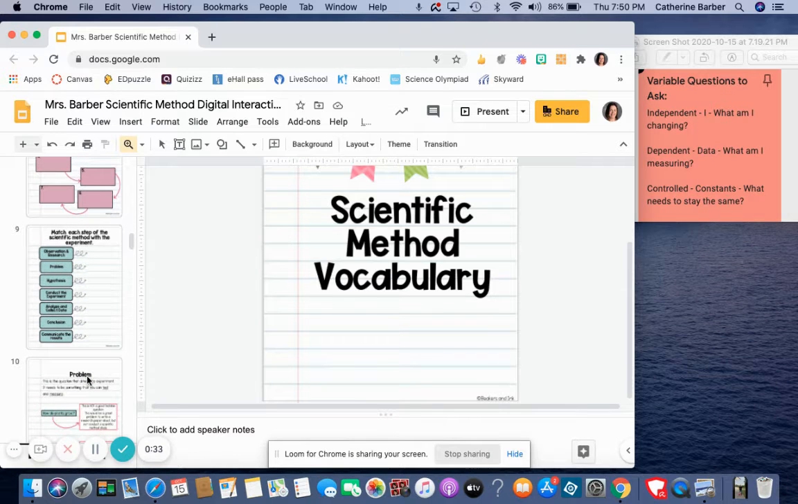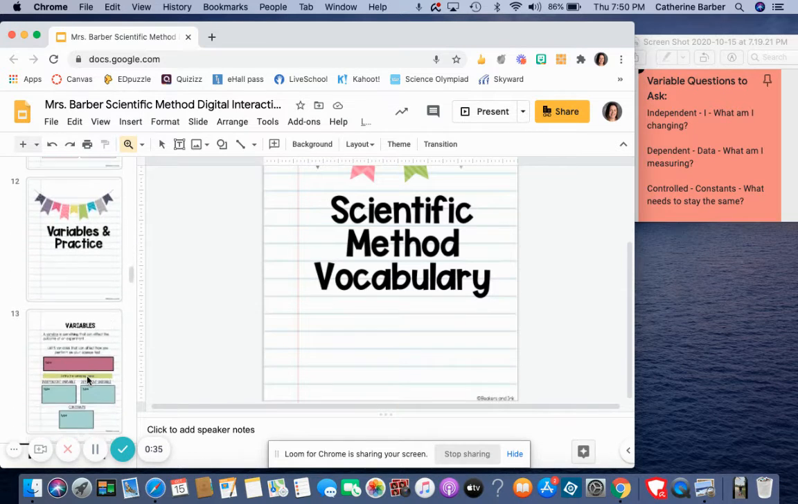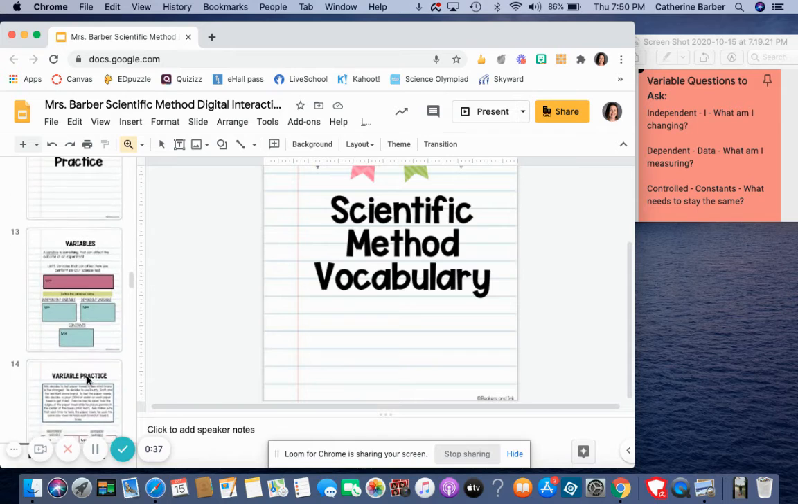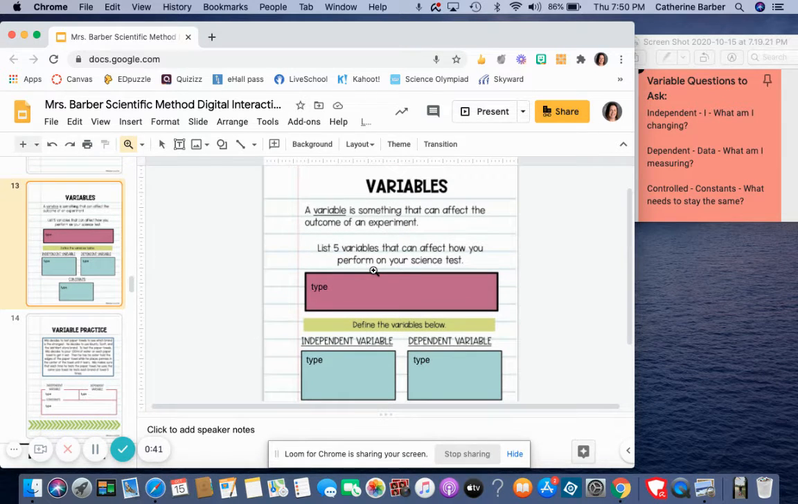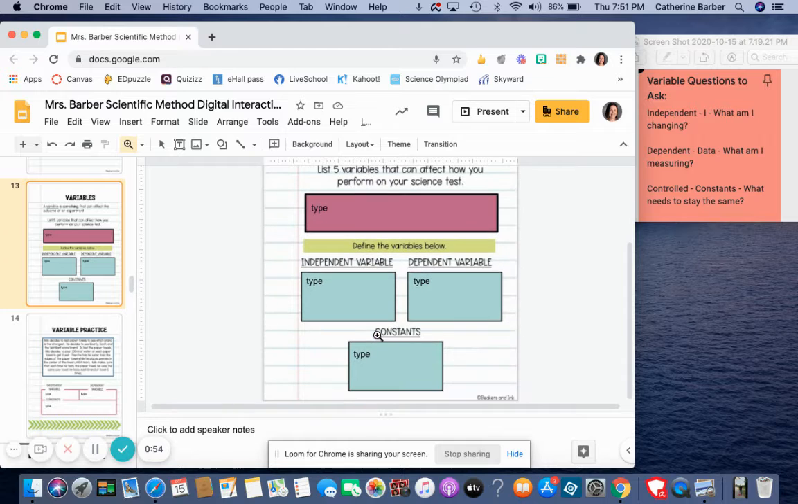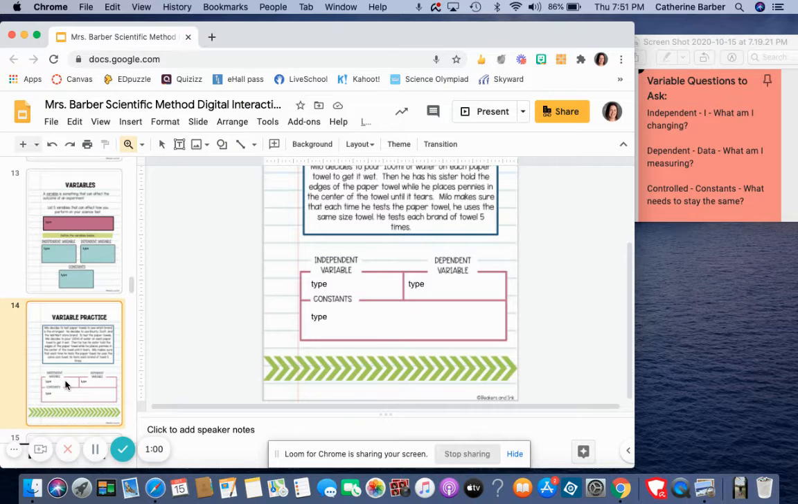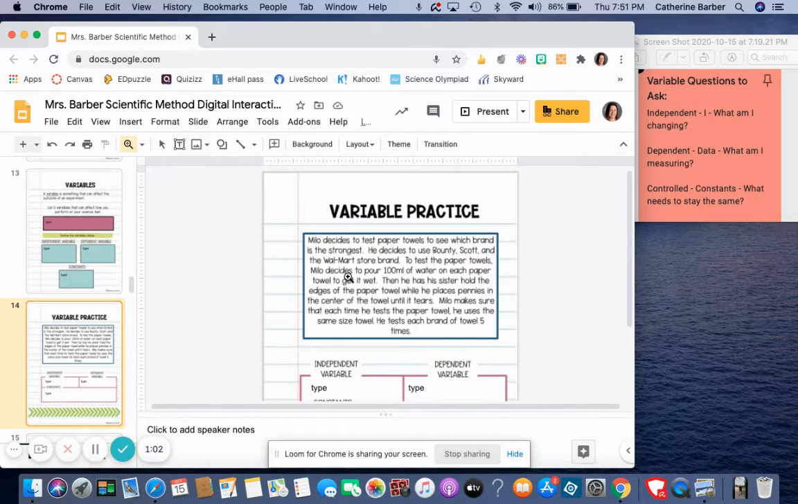There's some basic stuff about putting steps in order, testable versus non-testable questions. What I wanted to talk to you about were the variable practice. This slide here does say, list 5 variables, which are changeable factors that can affect how you perform on your science test, here in the purple. But we want you right here just to give me a basic definition of the 3 types of variables, okay? This right here, I wanted to take you through one of the practice problems